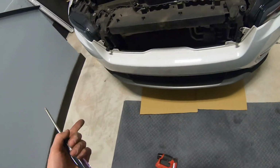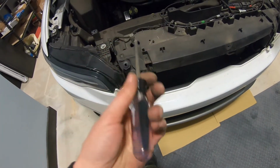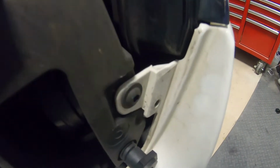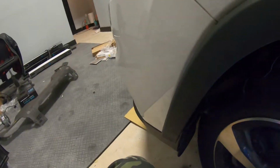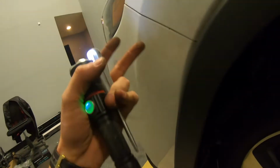Okay, once we have the 4 bolts out under the car, next thing we're going to get a T30 and remove this one and this one. Okay, so now we need to get inside here. At this point we should be able to unclick the bumper from the fender. So over here